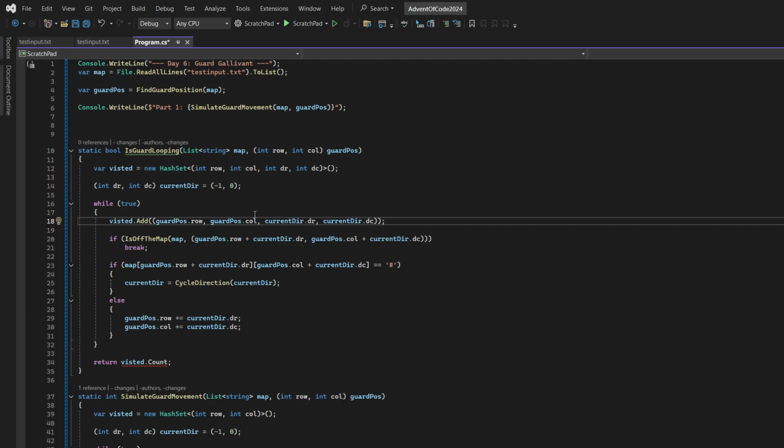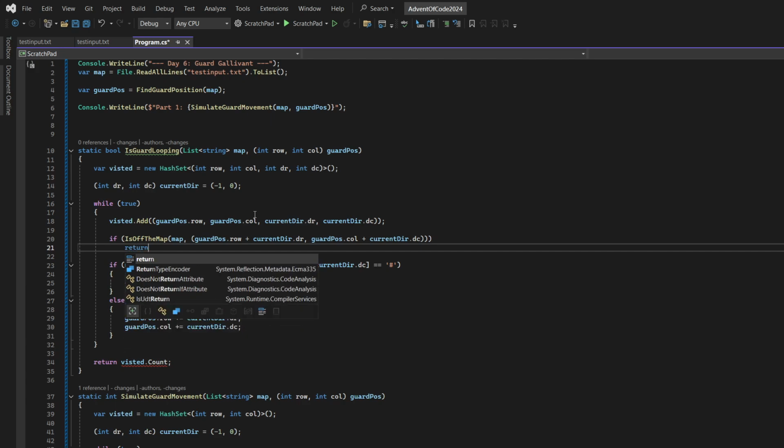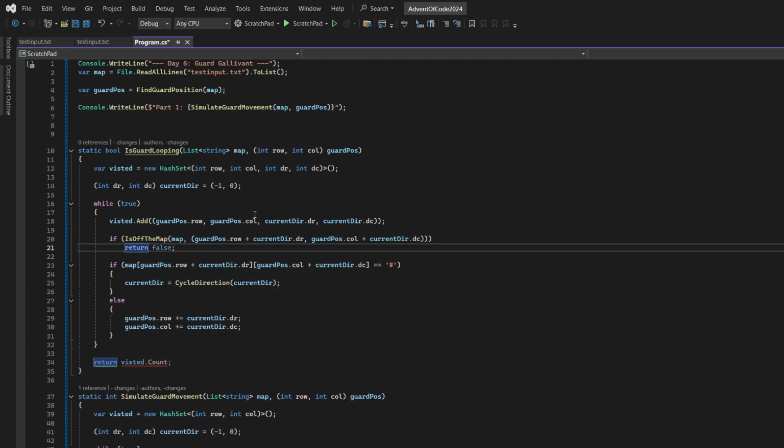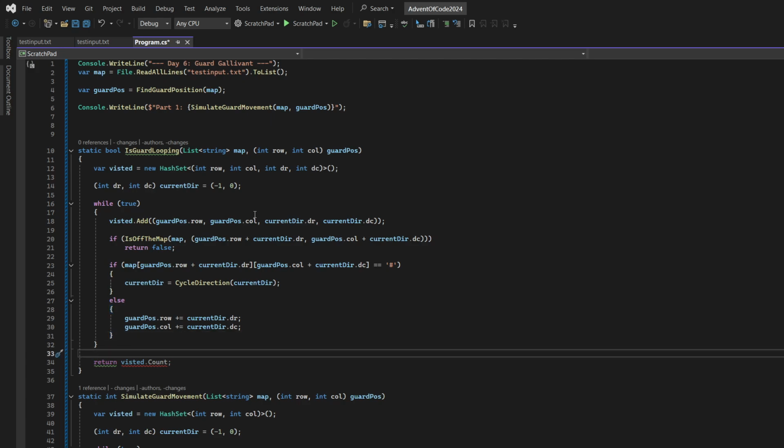So we will check if we're going up the map, that's the first condition that we are going to change. In this sense, we will actually return false, because if the guard is going off the map, he's not looping. And the other condition that we are going to check is that